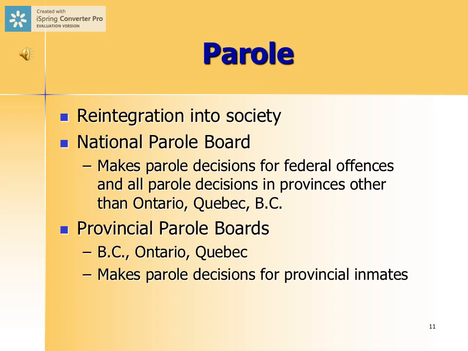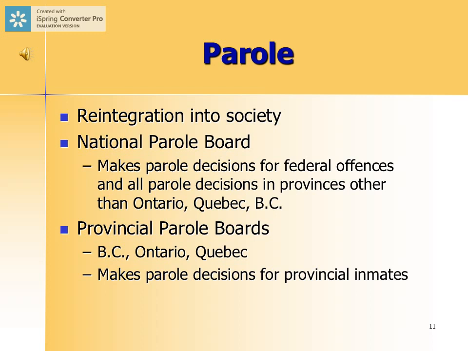Now, there's some exceptions, such as what we call lifers. These are offenders that have been convicted of first-degree murder. They have to serve their entire 25 years minimum. But most others, including violent offenders, are released after two-thirds of their sentence. So if an offender is sentenced to 10 years in jail, so that would be a federal institution, they actually are released after about 6 and two-thirds years, so a little close to 7 years. So very rarely does someone convicted and sent to prison actually serve their full sentence. It's usually only convicted first-degree murderers that serve their full sentence.